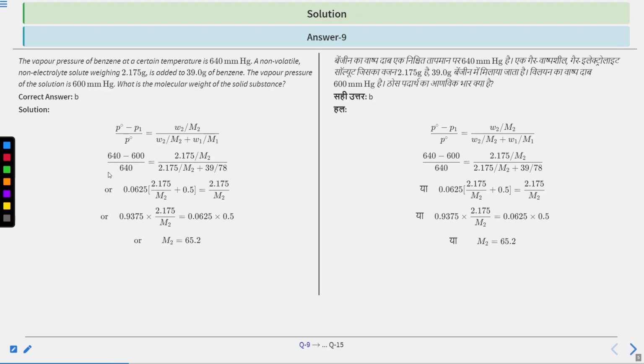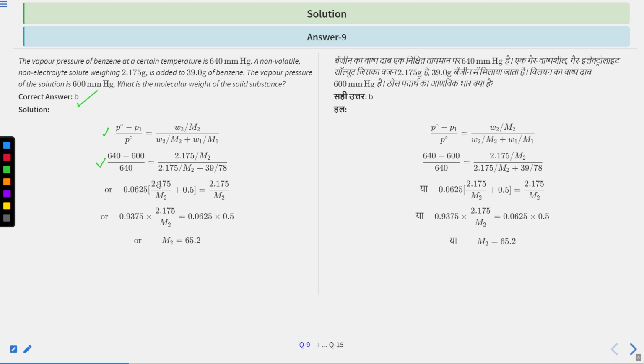Okay, so the correct answer is option B. We know that the relative lowering in vapor pressure is equal to the mole fraction of solute. On putting the values given in the question, we have (P naught minus P1), that is 640 minus 600, divided by P naught, which is 640, equals the given mass of solute 2.175 divided by the molar mass, upon the number of moles of solute plus the number of moles of solvent. And on interchanging the terms, we have